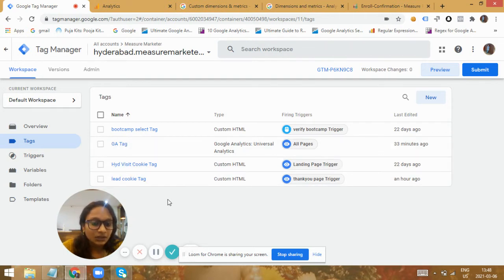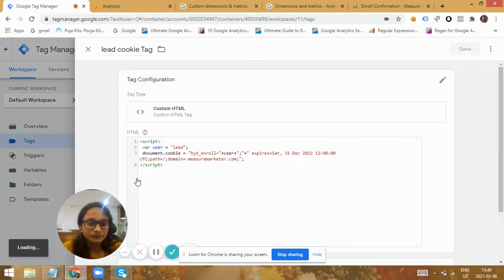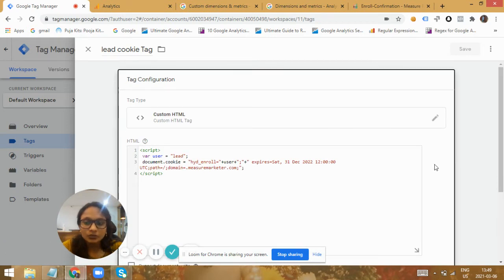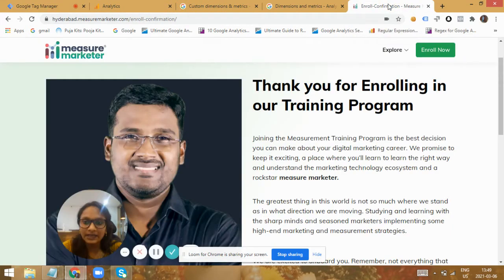So right now we are dealing with our lead form filling. For that, initially, as you're all aware, we need to implement the Google Analytics tag on our website. We have implemented it on the subdomain hyderabad.mentionmarketer.com. For that, we need to create a lead cookie tag. This tag would be related to those persons who have visited our enroll thank you page.